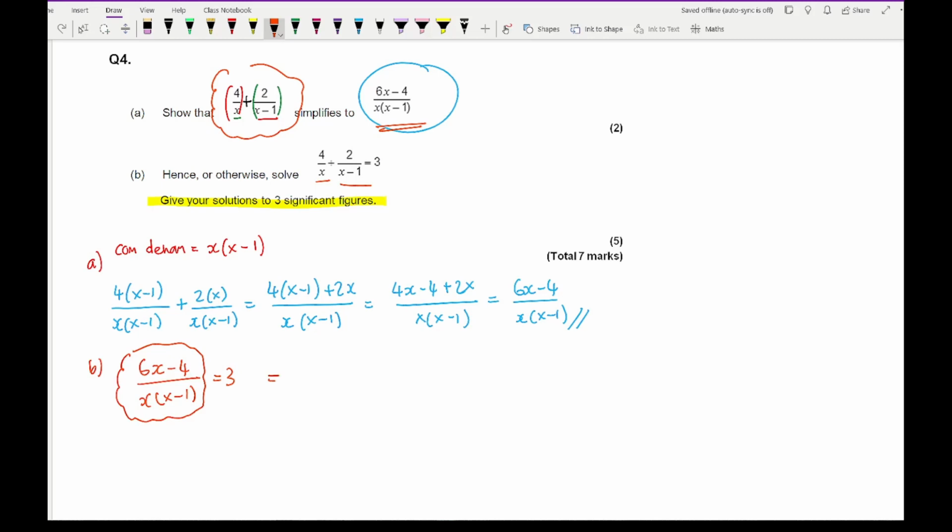So what I end up with, moving on to the next step, is 6x minus 4 equals 3 times x minus 1. And then if I take the x minus 1 over to the other side, I end up with this. Then if I expand the right hand side, I end up with 3x squared minus 3x, then take all of this over to the other side and end up with 3x squared minus 9x plus 4 equals 0. Then using the quadratic formula,